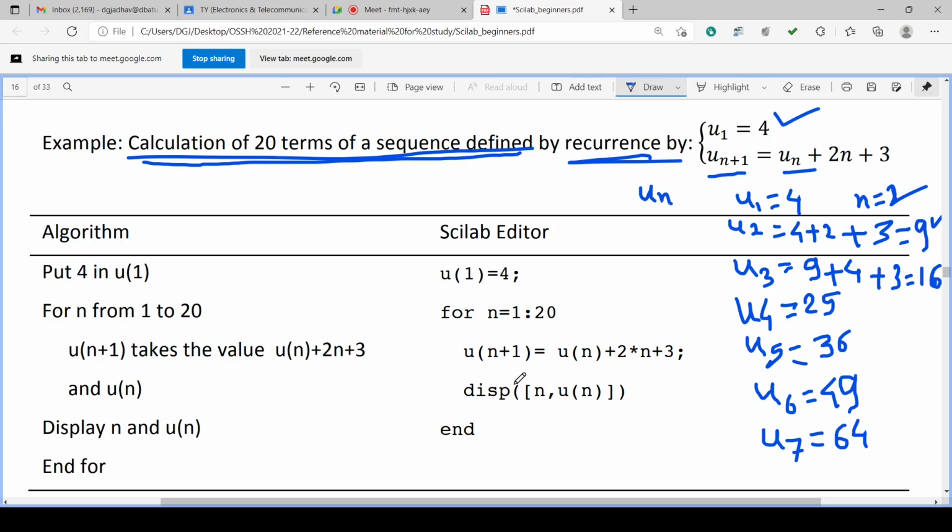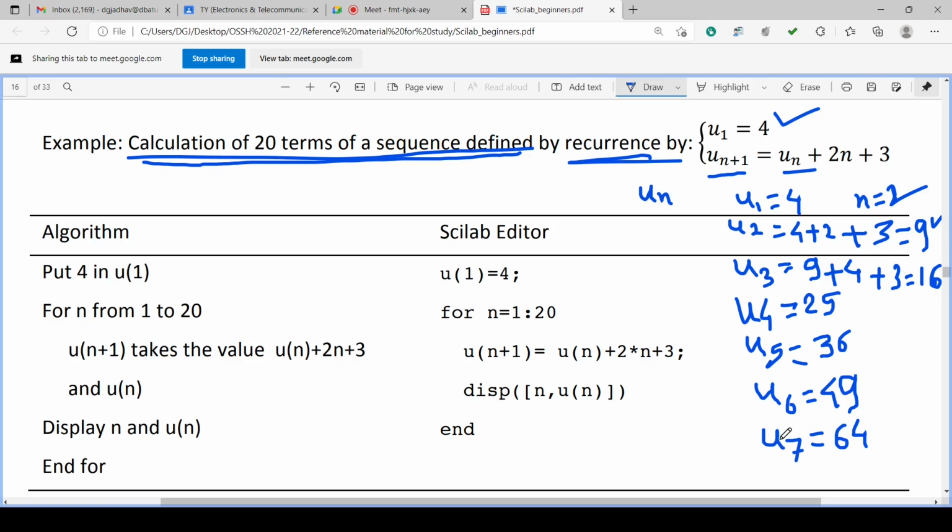So what we have to write here is, suppose we want to generate this sequence, this mathematical equation. Then u of 1 is 4. U into bracket 1 is 4. If you write u with a bracket, then u is a variable and the bracket holds its index, so u becomes an array.